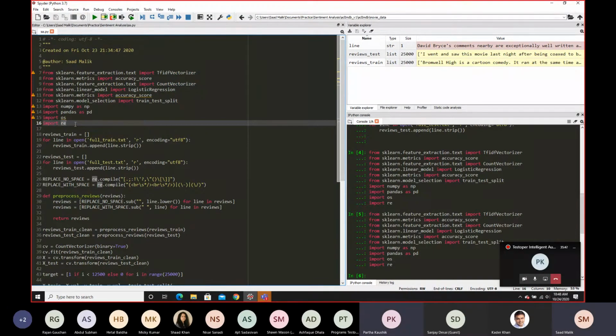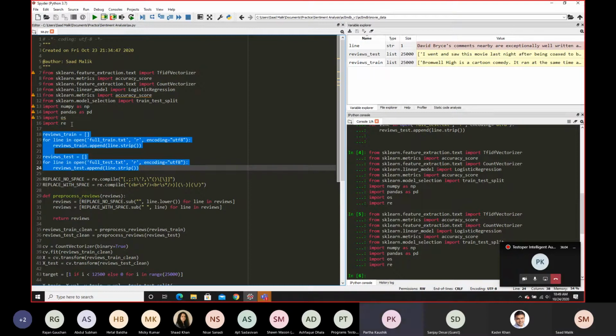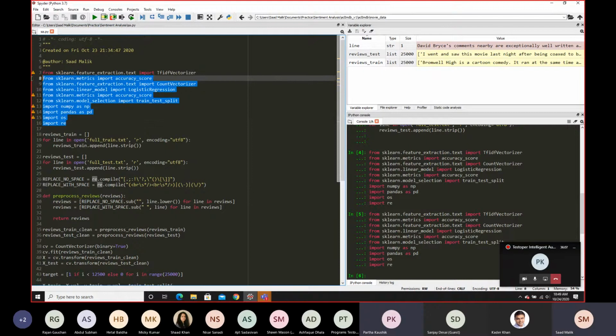Yeah, I get a file not found error, no such file or directory for fulltrain.txt. Okay, so now you're talking about this, right? No, I just ran F9 on the first selection. On this selection? Yeah. Okay, then there's probably something wrong in how it's set up, Spyder. The data file should be in the same directory as main.py or because... No, it's in a subdirectory.